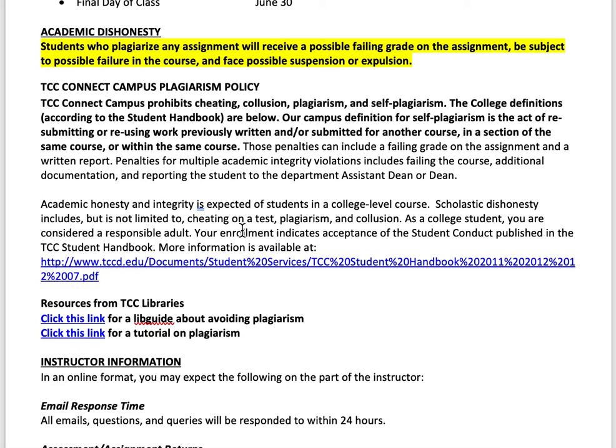If you plagiarize, first off, you will be able to see the plagiarism report, just like I do. So you'll be able to see whatever the percentage is. But you will basically receive a failing grade on the assignment. You can receive a failing grade in the course. You can have your extracurricular activities impacted. You can even be kicked out of the college. And for a max 3-page paper, that 3 to 4 page paper, that's really not worth what could happen. So it's pretty simple. Please don't plagiarize.